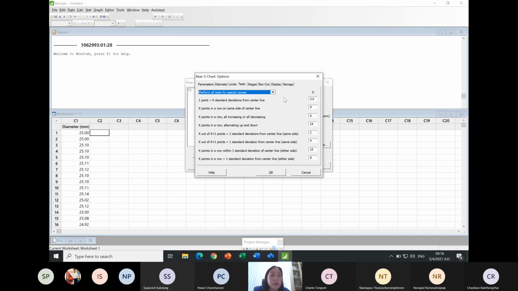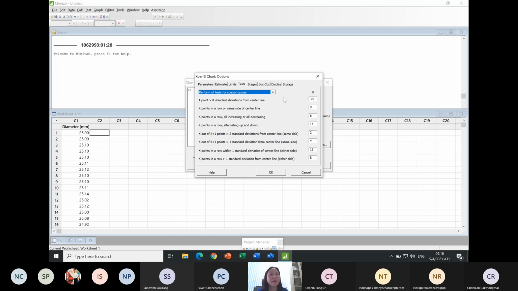If you see the first test, it says 1 point greater than k. Mike, could you please read that for me? 1 point K standard deviation from center line. So if you read this test and k on the right hand side, you see the value of k is 3, right? So this test means if you detect 1 point which is greater than k, 3 times of the standard deviation,